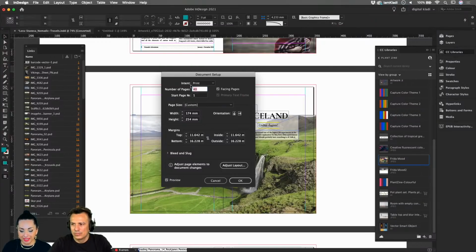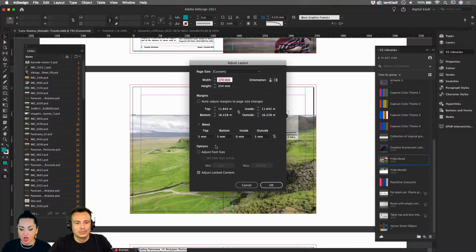And from here, you can actually adjust the layout. So we know that from the document setup, you can change all the different formatting of your document. But this is one of the, I believe it's just a couple years old, and please correct me if I'm wrong, features of InDesign, in which you create Adjust Layout. So I'm going to go ahead, I'm not going to touch anything, just simply create Adjust Layout. All I have to do is change the size of my document.